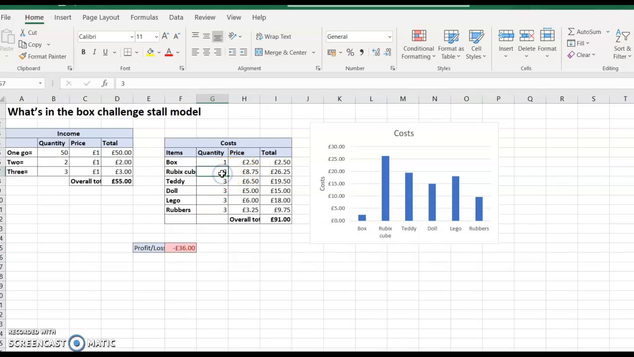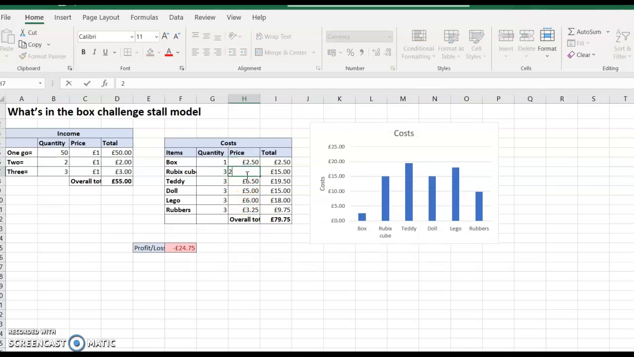Can you cut your costs over here? Can you get that Rubik's Cube for £5? And you can see that that should start to come down. Okay,